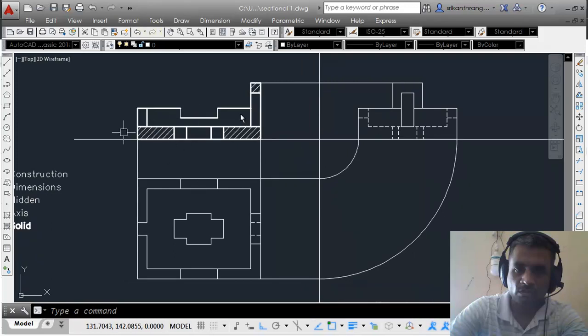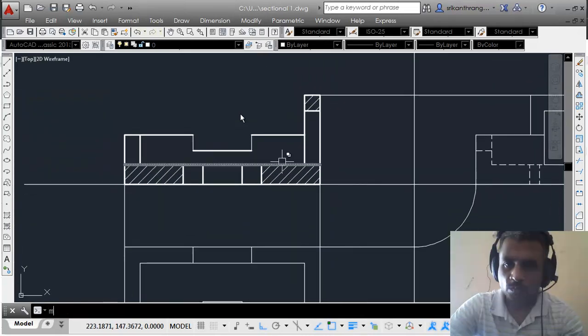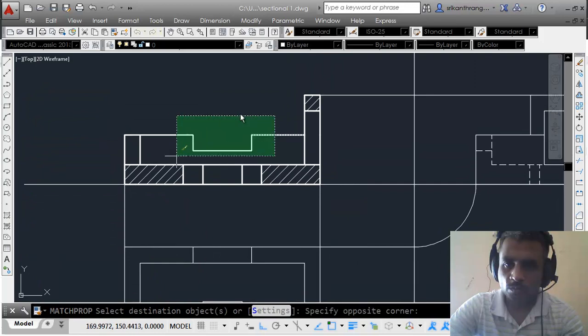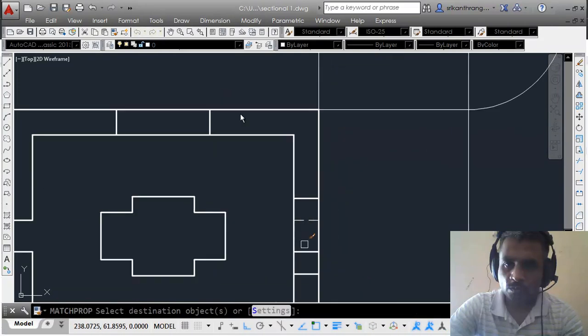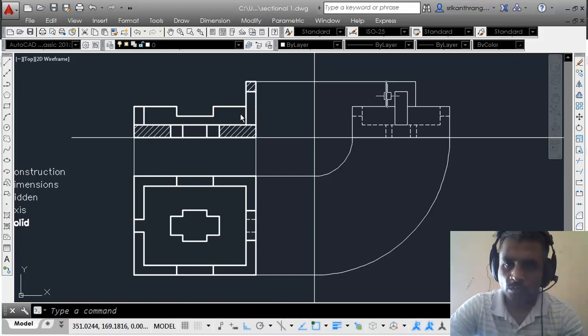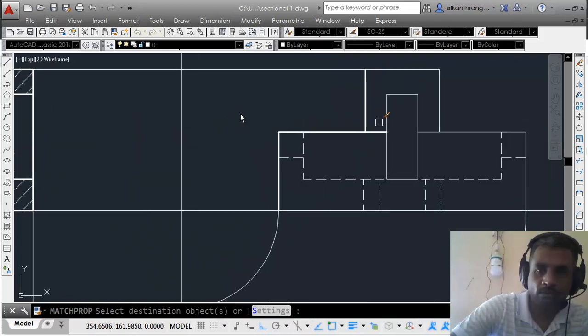Same visible edges I'll have to apply over here. All these lines are visible, so I'll just go with this. So all the visible lines have been made as solid lines with greater thickness. All the hidden edges have been made as dotted and with slightly lesser distance.